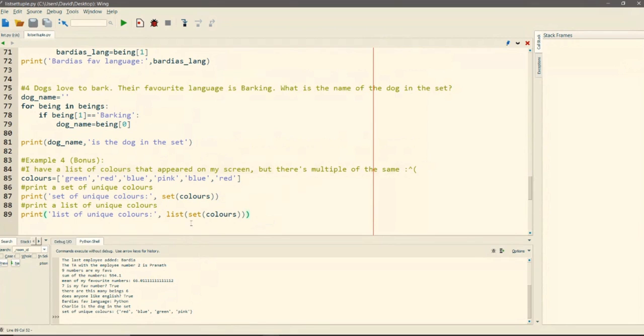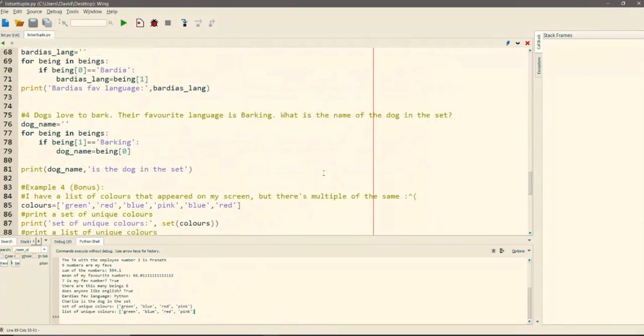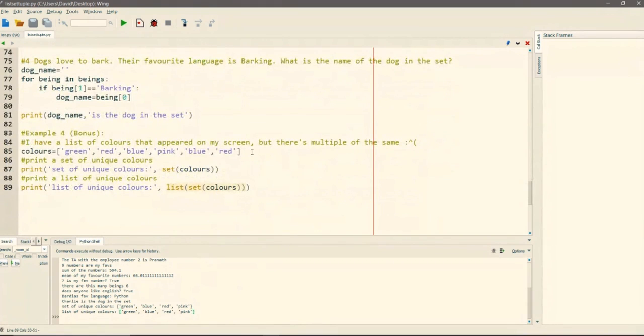Okay, so it makes sense. We make a set of colors and then we just turn it into a list again. Because we do this, we know that the set's going to make it unique, and then we turn it back into the data structure we want, which happens to be a list. We run it, and there we go. We could tell by the square brackets that it's a list, and if we look, everything's going to be unique. So the only con that I'm definitely not going to hide is that we did scramble the list a bit. And that's almost to be expected.